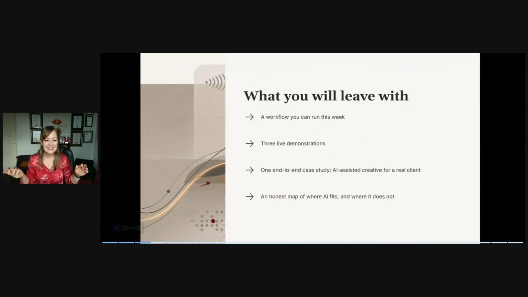So in this session, what you'll leave with are some workflows, some techniques that you can actually use straight away. I'm going to do 3 live demos, and I'll go end to end with a case study of one of my actual clients right now. When I get to that, I'll explain the background of what we're trying to do. Then you'll have some ideas of whether this will fit into your research, or you can use parts or different techniques within it that you can adapt to your own needs.